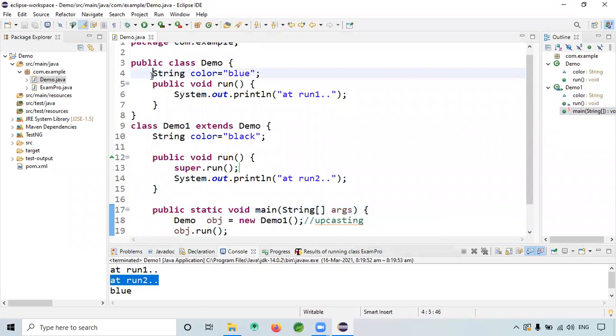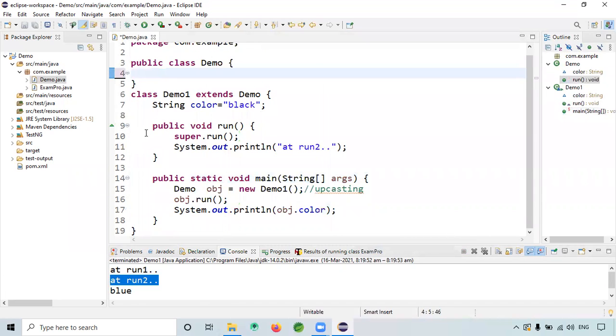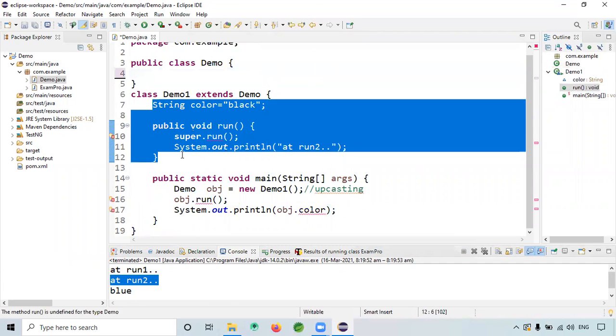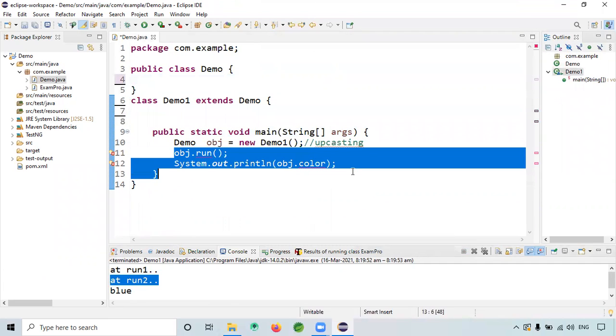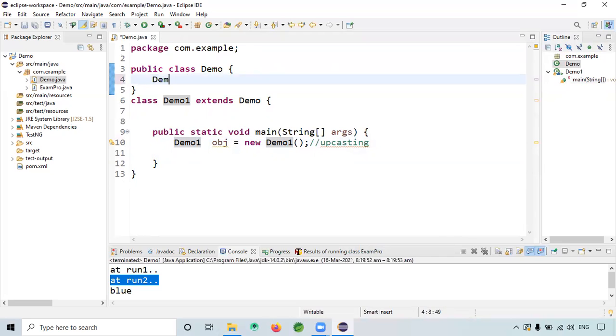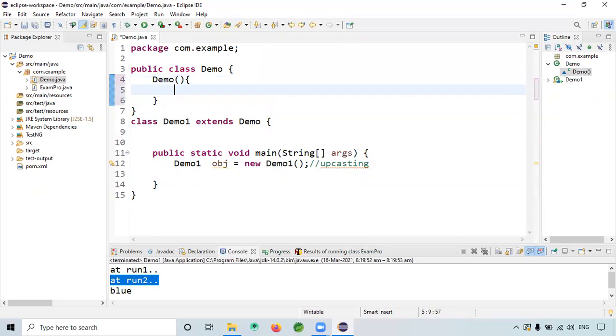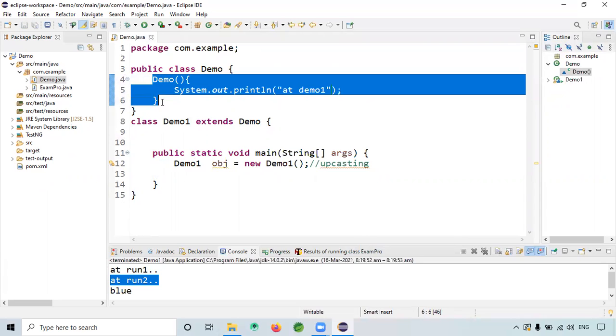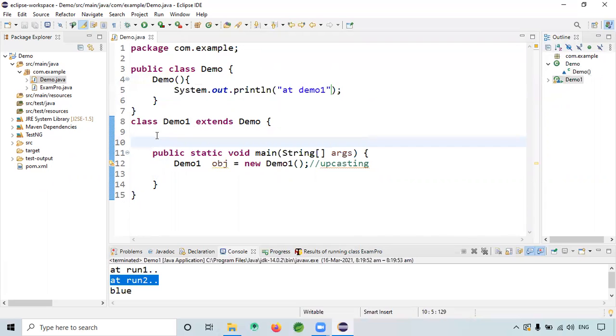Let's see the behavior with the constructor. Now I'm creating one default constructor here, like Demo, and I will have one more constructor here.